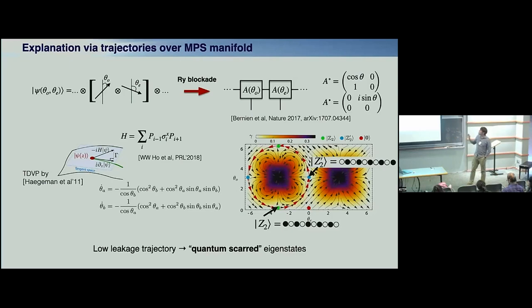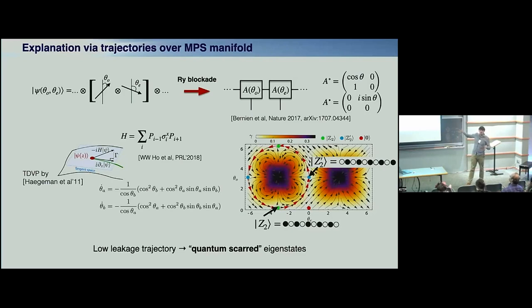But there is a way more important Lyapunov exponent here, which I would call quantum leakage. This is gamma, which is a quality of my projection. So I'm doing something pretty brutal. I'm taking a big many-body quantum system and projecting into some very small manifold. And if my quality of projection is bad, gamma is big, shown by dark colors.